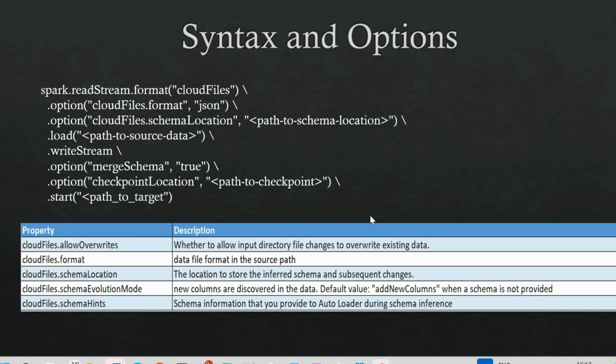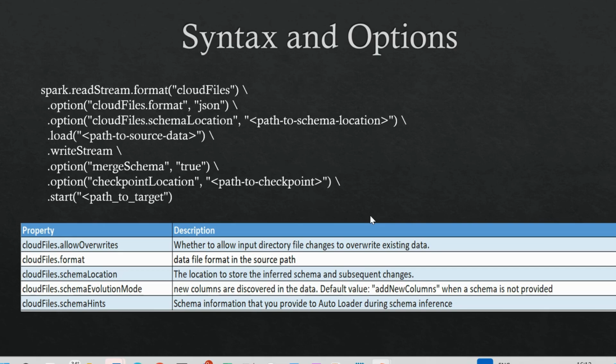You also have an option here where you mention your schema location, where exactly the schema is getting saved, what exactly is the schema of the file that needs to be processed. This is needed for the metadata of your file. Then you are loading the file into the path, where exactly is the path.